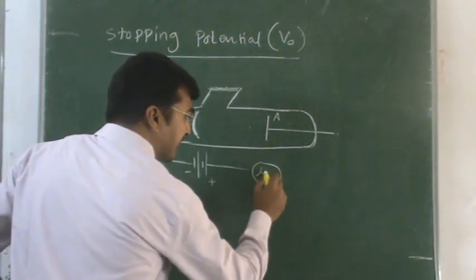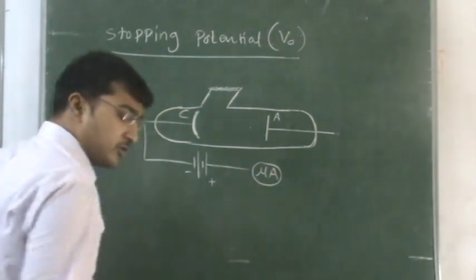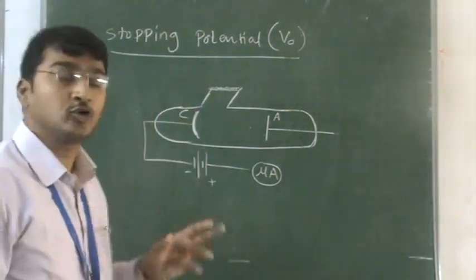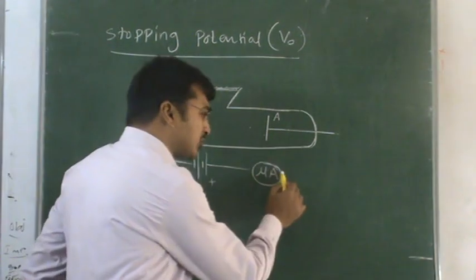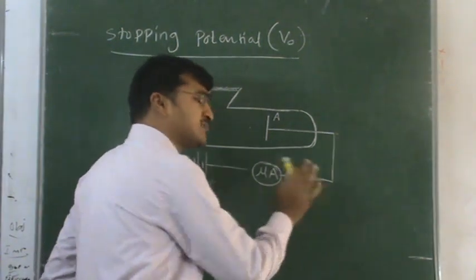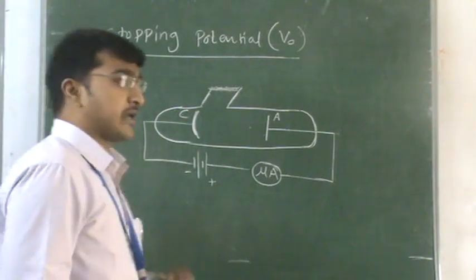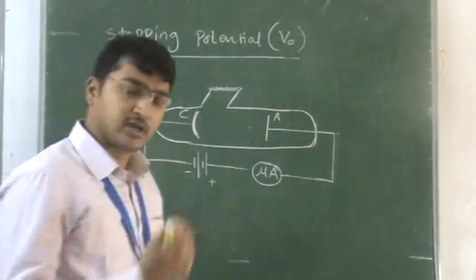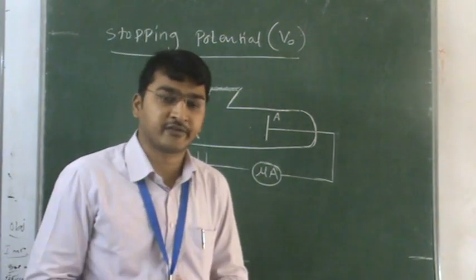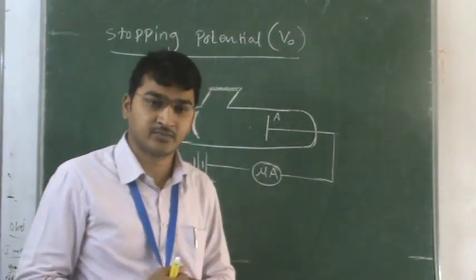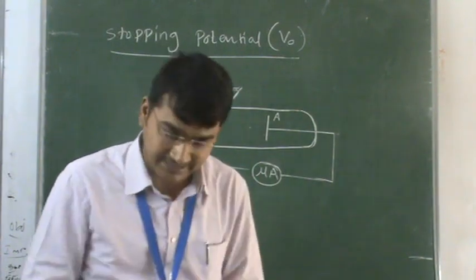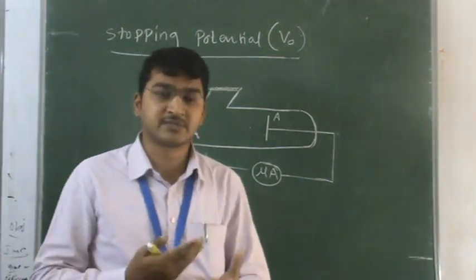We are using a micro ammeter, which we use to measure the current, the photocurrent here. A small amount of photocurrent will come. This is a small experimental observation. This cathode plate is made up of an alkali metal. We already discussed the photoelectric effect. This is normal visible light. When normal visible light falls on alkali metals like sodium, potassium, cesium,